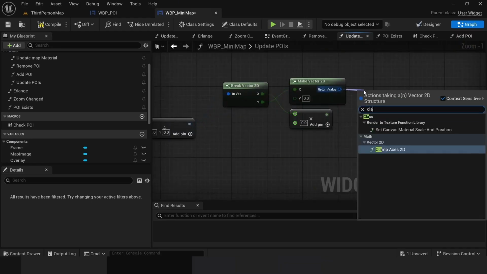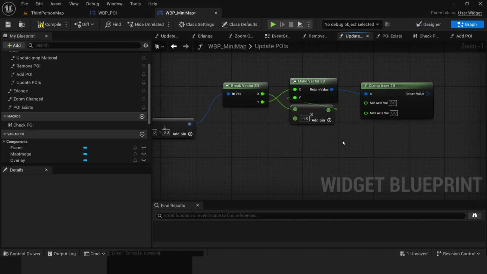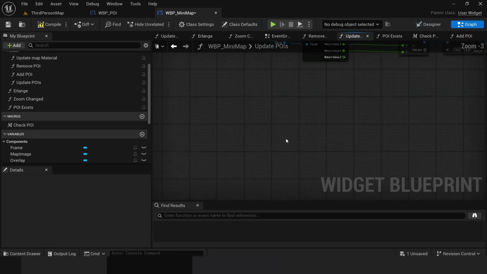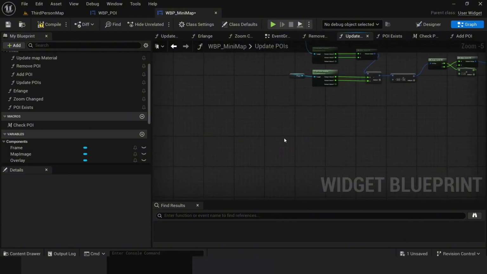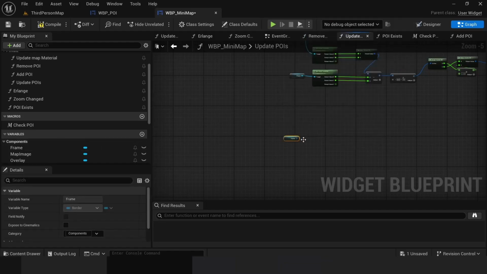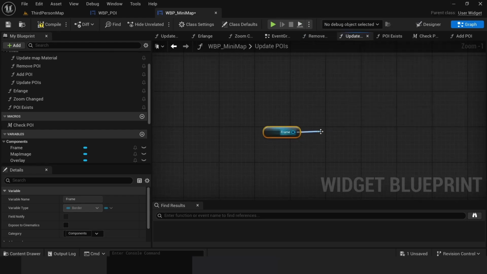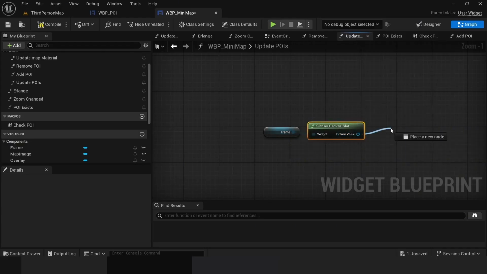And from Math Vector 2D, add Clamp Axis 2D. The multiply is -1. Now here we have to add some more functions. So create frame, the frame variable we have in here, and from here set a slot as canvas slot, and